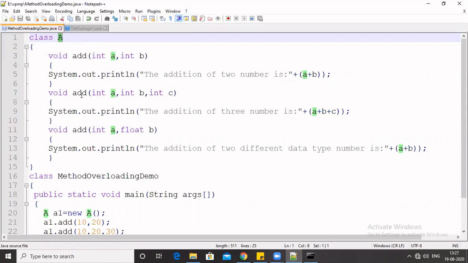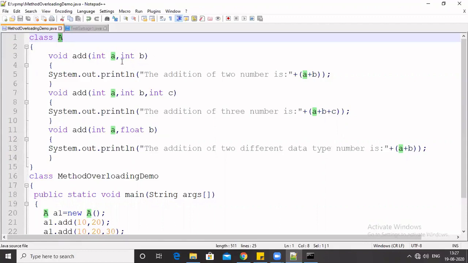The second method has three parameters of the same data type. And the third method has two parameters, but one variable is integer type and the second variable is float type.